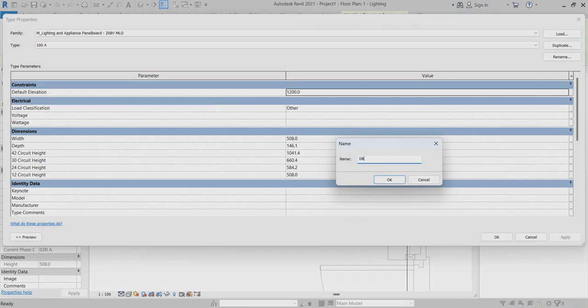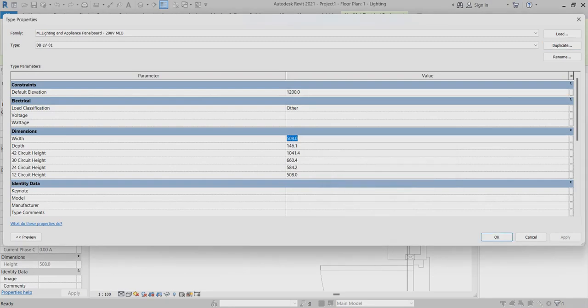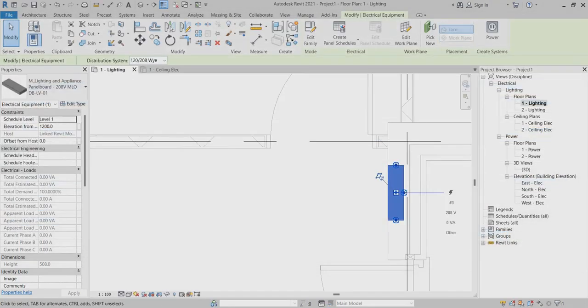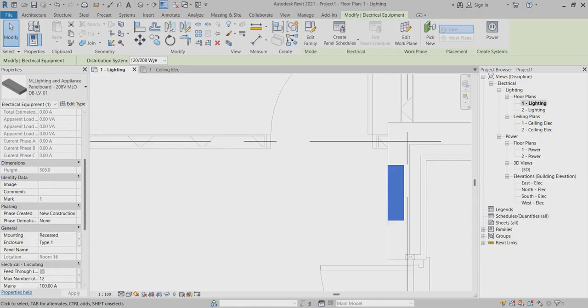So I will put it DB LV01. Okay. So if you want, you can go for the sizes, so width and depth. If you want, you can change it. So first of all, we have to change here the panel name. So panel name also I'll put it DB LV